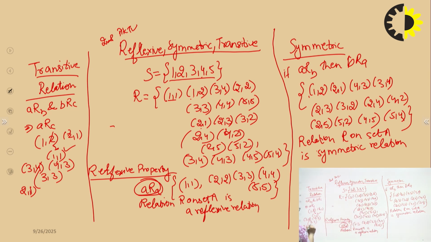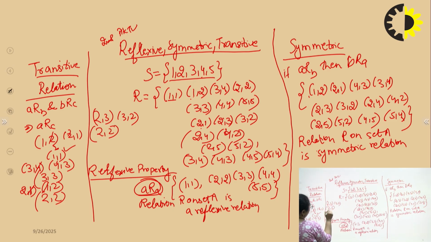Yes, (1, 2) is also there. So (2, 2). Yes, (2, 2) is also present. Now, if we check (2, 3), (3, 2) is also there. That means (2, 2) is also there. So, we can say that for every element, if aRb is existing and bRc is existing, then aRc is also existing. So, we can say that